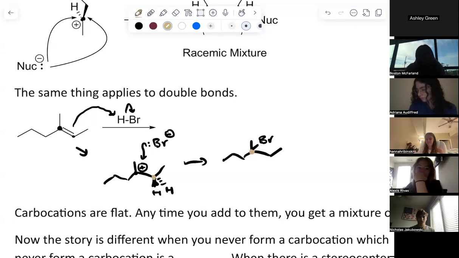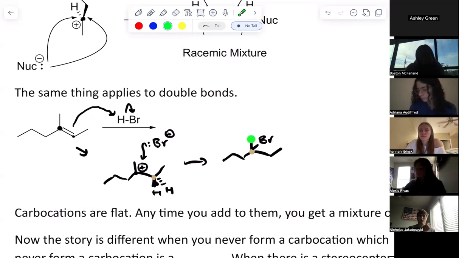How do I know it's a stereocenter? How do I know anything's a stereocenter? It's attached to four different things. This is connected to a methyl, a bromine, an ethyl, and a propyl. Those are four different groups. There's no symmetry there,